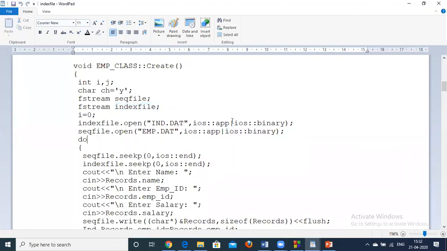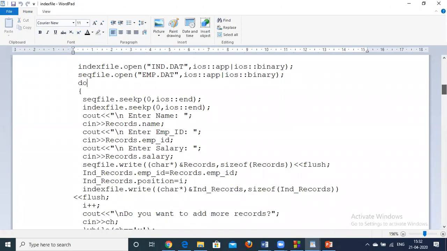Then we will set the put pointer to the end of both the files, and we will take the details from the user for the record to be added into the file. Then we will add the record at the end of the file. This is the first thing which we always do in the sequential file: take the details from the user and write that record at the end of the file.